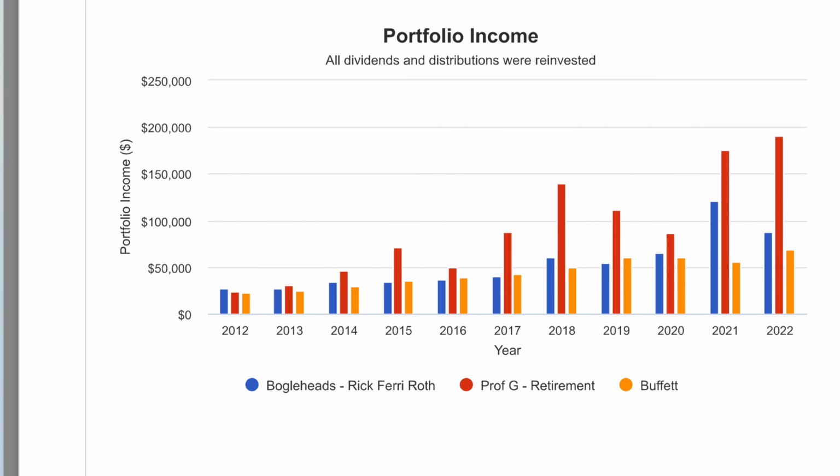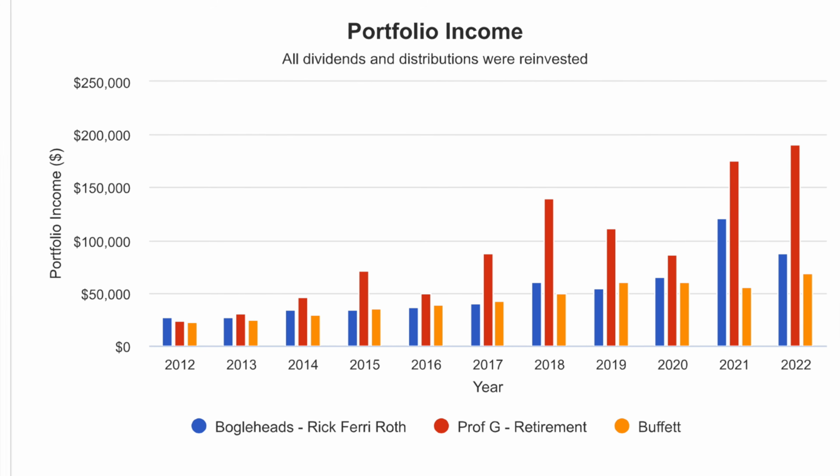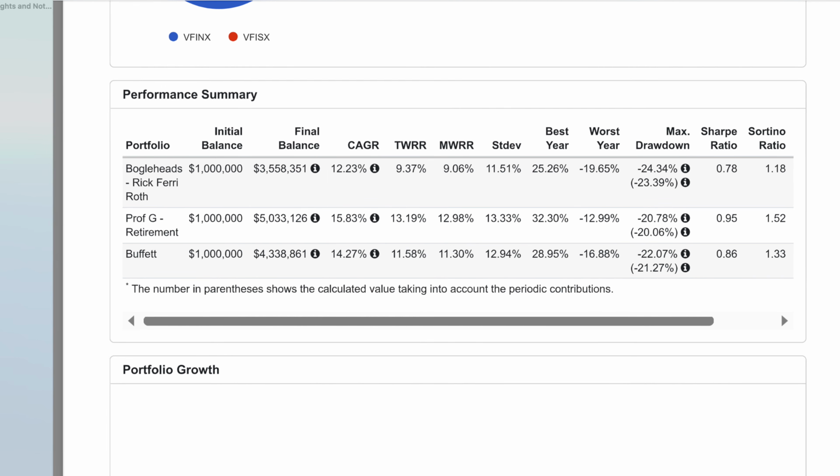My 3 ETF portfolio is the simplest and best way for anyone to get rich. By backtesting this portfolio versus the Warren Buffett portfolio and the Rick Ferri portfolio, had you invested $1 million in each one 10 years ago, you'd have